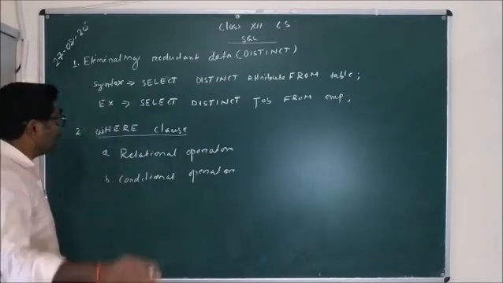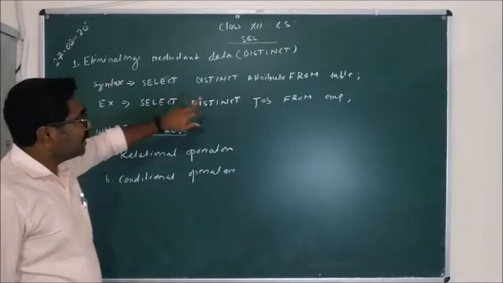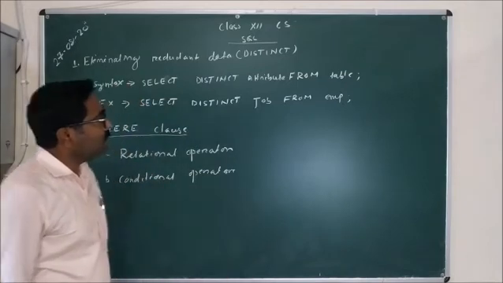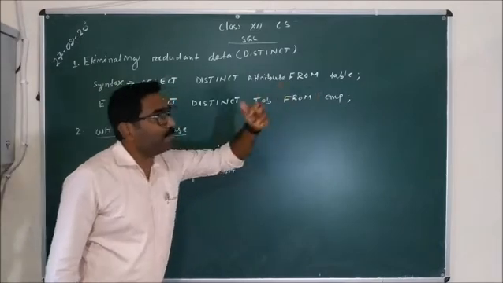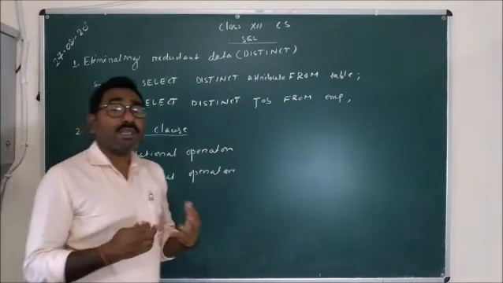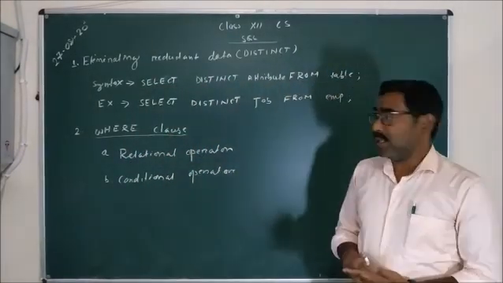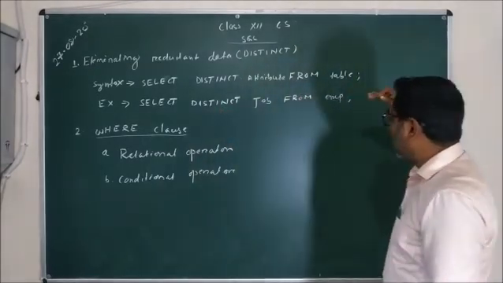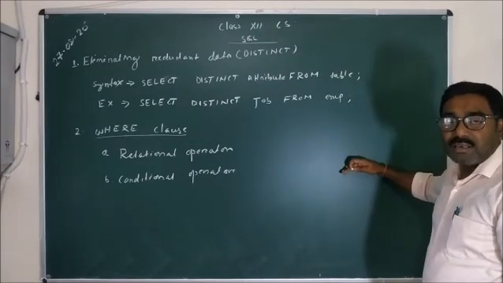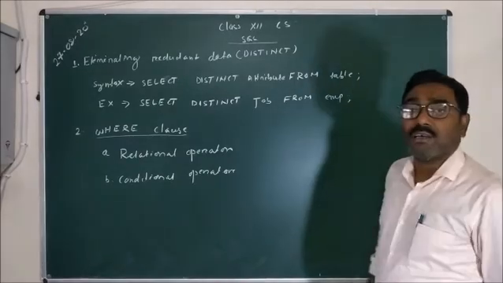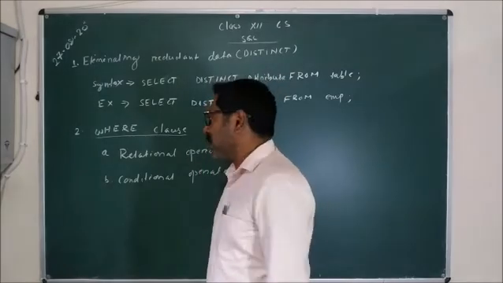For example, for that employee table, see what happens here: select distinct job. The attribute is job. So it will display the distinct jobs from the EMP table. That means all the distinct jobs stored in that particular table will be listed. The output will be president, manager, analyst, salesman, clerk. Only these 5 kinds of jobs will be displayed in that particular query.